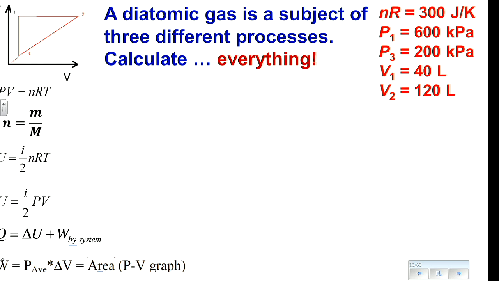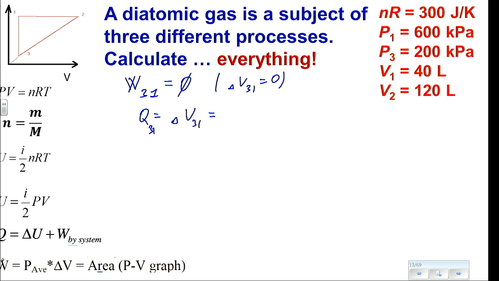All right, let's do the last one quickly. First of all, work is equal to what number? 0. There is no change in the volume. Delta V for 3 to 1 equals 0, which means that heat will be equal to the change in the internal energy, which will be